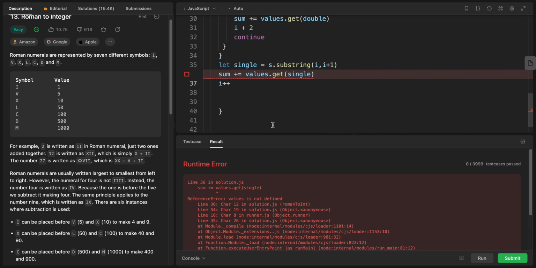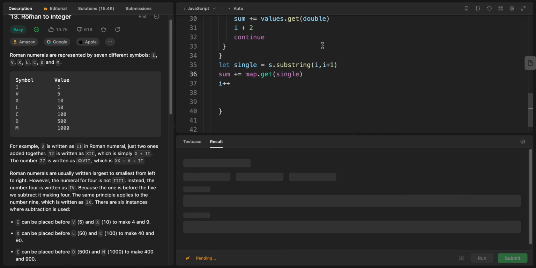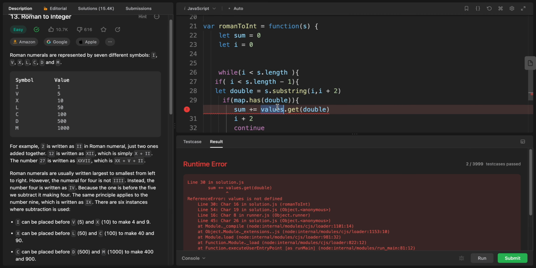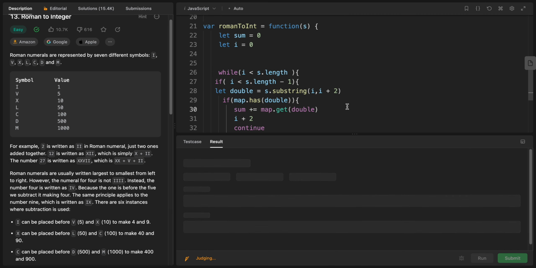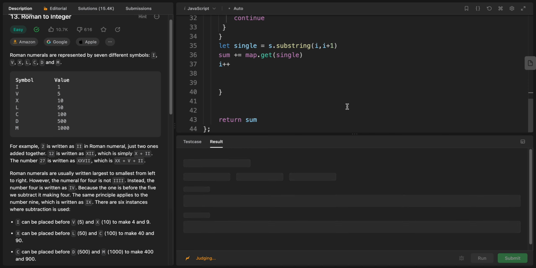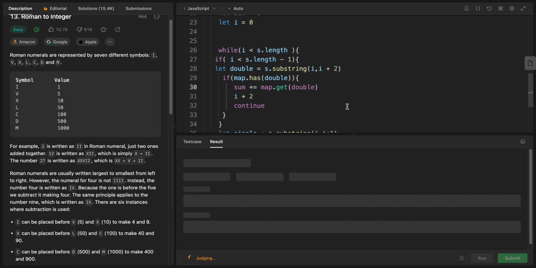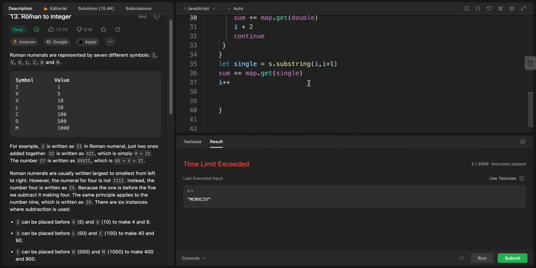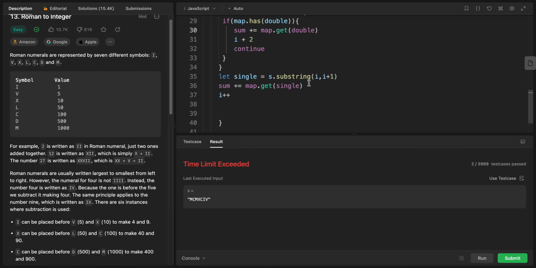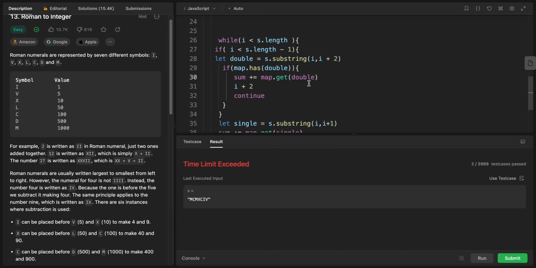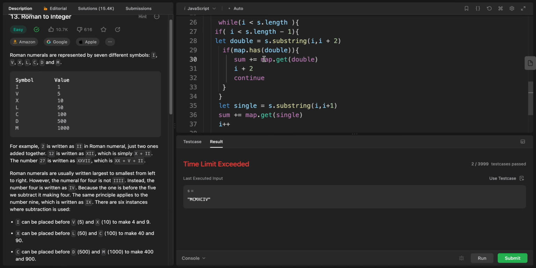Okay, so we have values that get what values? Map, sorry. Map. Oh, I'm putting a. There's something wrong. While I is less than. Okay, I guess I have a problem. While I is less than s dot length. If s dot length less than, if I less than s dot length minus 1 and